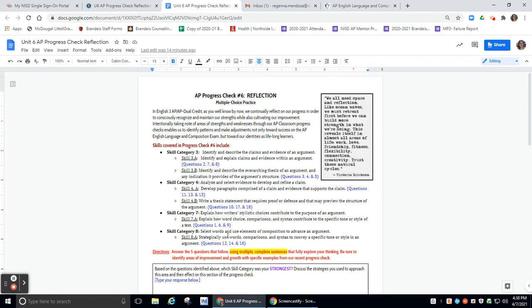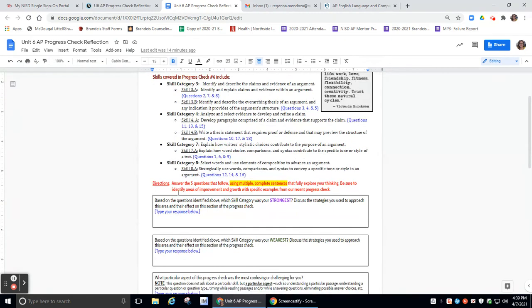7 and 8 are repeats from last week, where you're going to be looking at stylistic choices in a text. So obviously questions 1, 6, and 9 are for both texts, and then 12, 14, and 16 are based on writing. So you have an equal amount of reading to writing questions here in terms of skills, right? 2 skills will be for reading, 2 skills will be for writing.